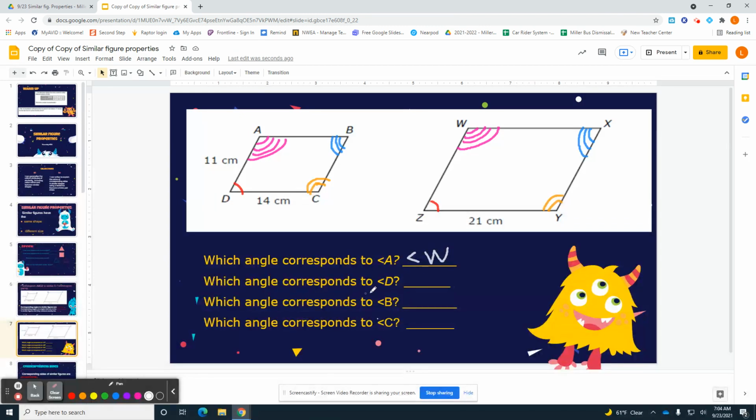Okay. Then which angle corresponds to angle D? Okay, well we have D. Angle D corresponds to angle Z. So if you look here, this little mark here, I'm drawing it again. That means angle. Okay, that's oh,